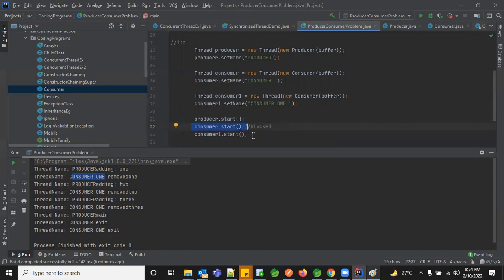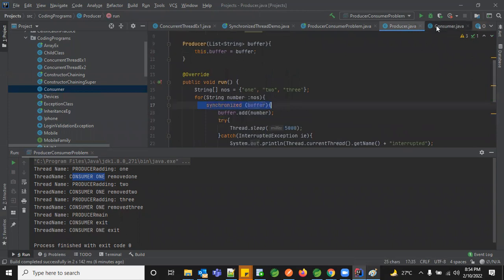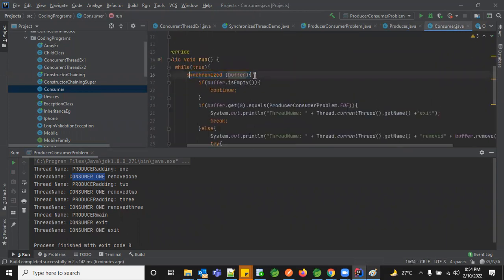It didn't even start its state, right? It's still in idle. It's newly created, but it's not getting used and it's not getting control over the shared resource. So what was the problem? The problem is you have made this entire buffer synchronized, wherever you're using it. So what does this synchronized do?